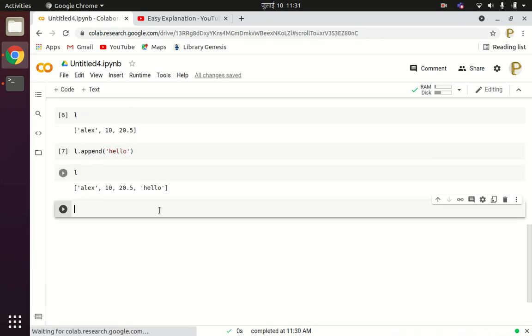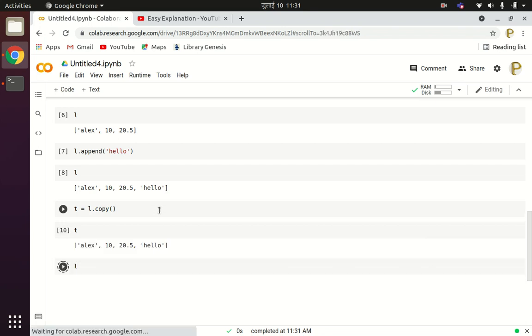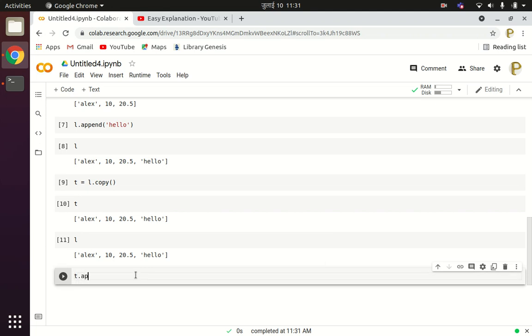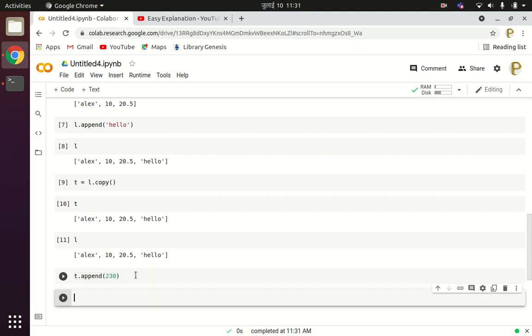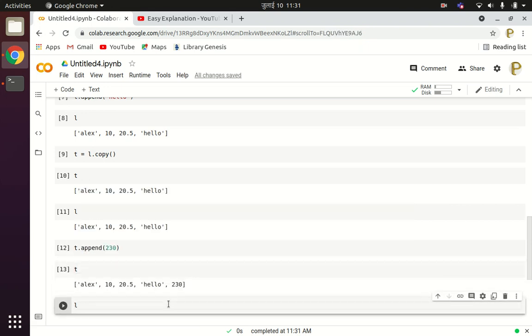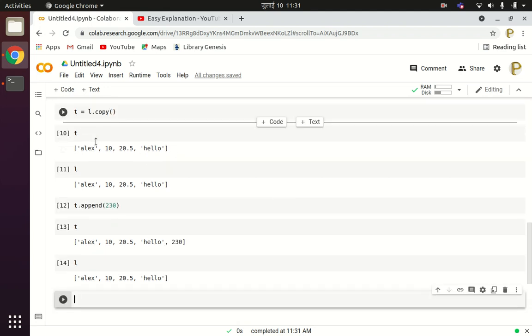So let us say I am creating one copy of L using L dot copy. Now two copies of the list are created, one is T and another is L. Now suppose in T I am appending one value, 230. Now see the new value of T and the new value of L. So when you apply the copy method, it will create two separate copies of the list.